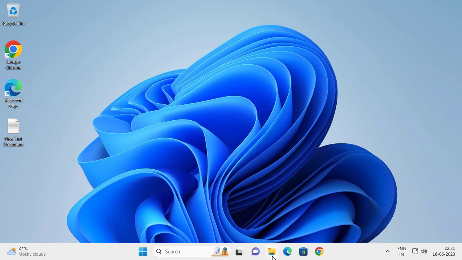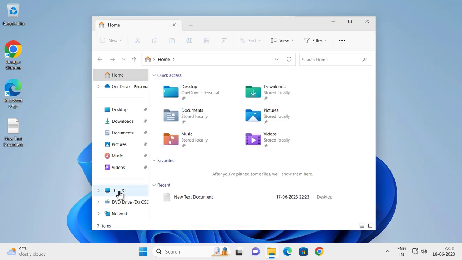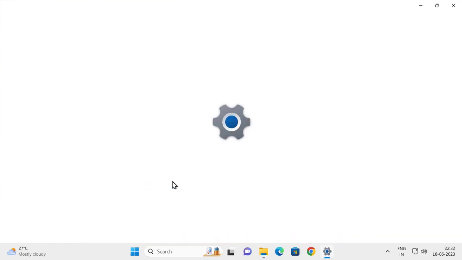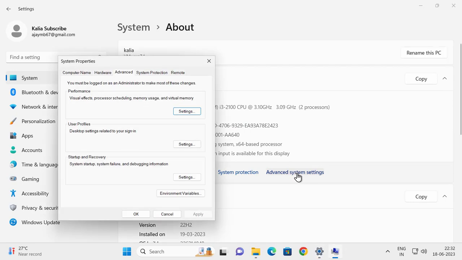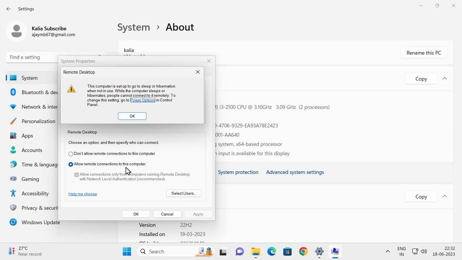For that, open up File Explorer, right click on This PC and select Properties, and go to Advanced system settings, and in here you need to go to the Remote tab and you need to select Allow remote connections to this